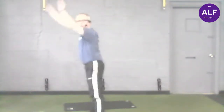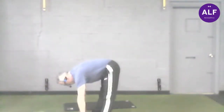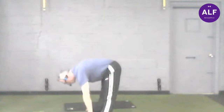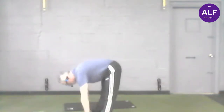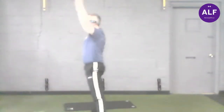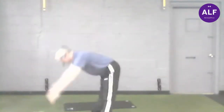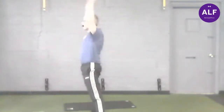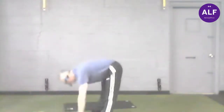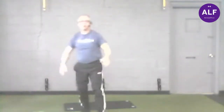Going to reach up tall. Hips shift backwards. Reach as far as you can. Pause at the bottom. And then back up top. Exhale as you reach. If you can't get to your toes, go for your shoelaces, your ankles, your shins, or your knees. Important thing is to keep the knees locked out. We'll do 8 reps. That was 3, 4, 5, 6, 7, and 8. Okay, high leg kicks are next,